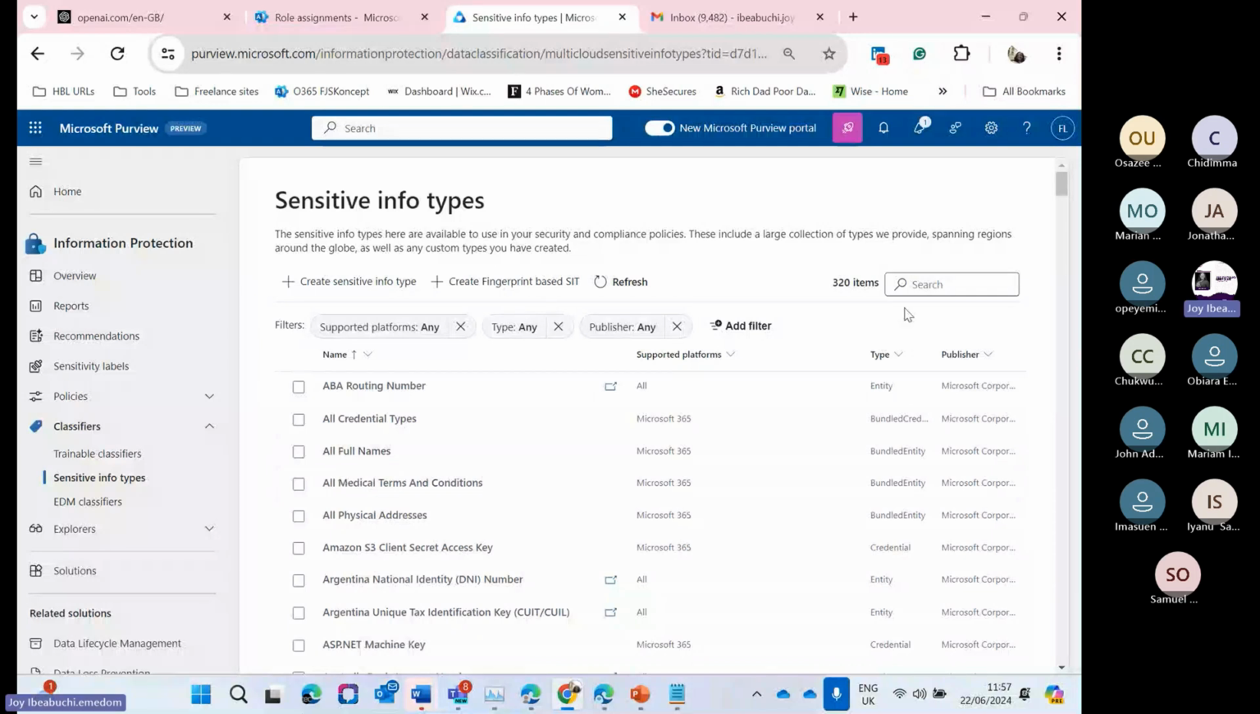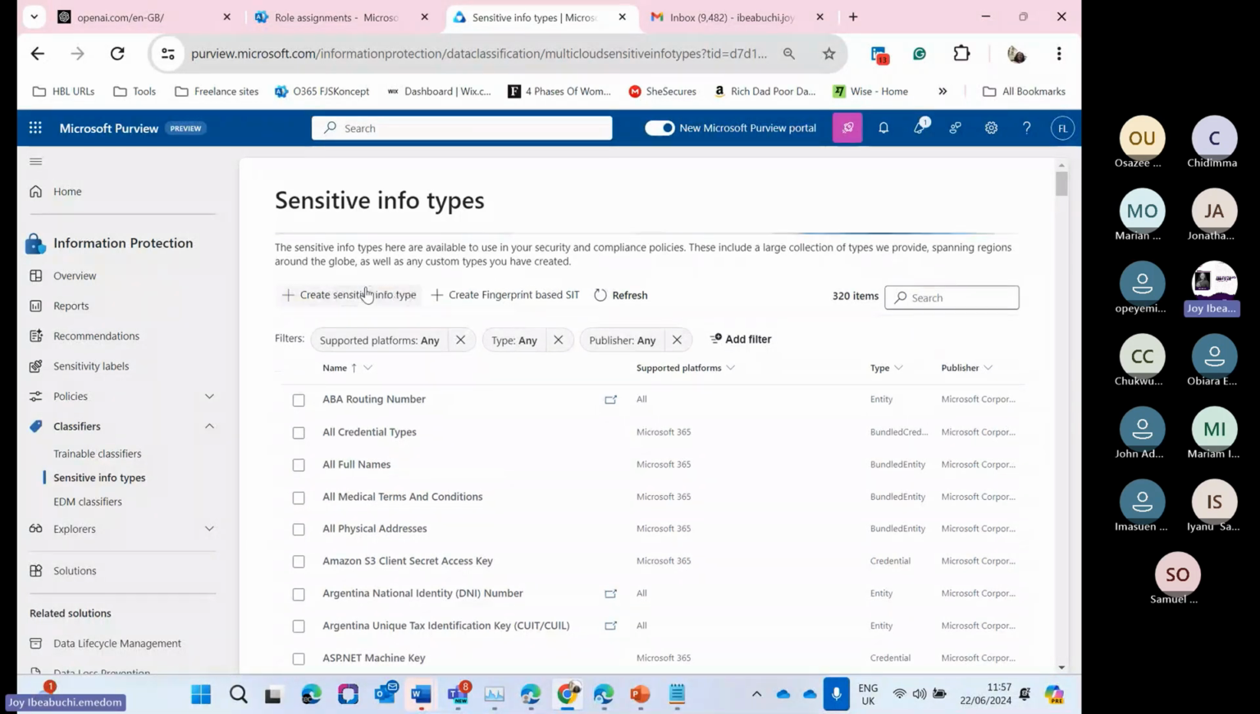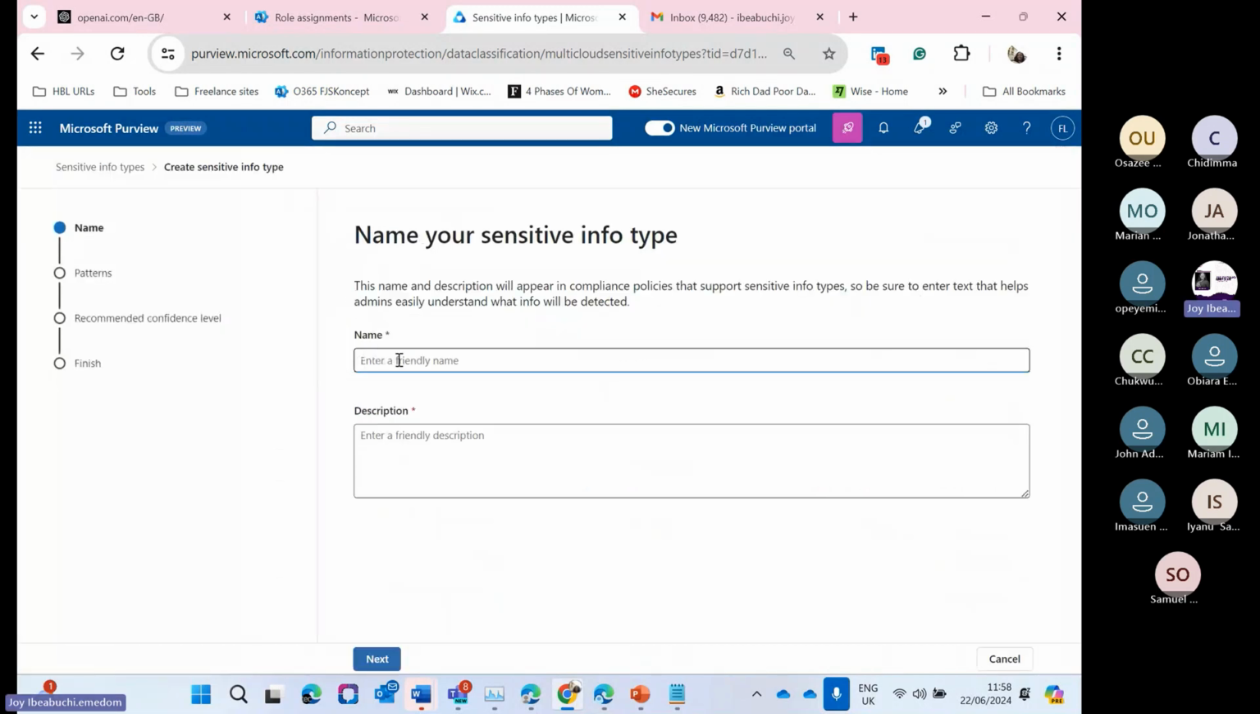Now, for those who didn't stay back, we'll create one more. So let's create one for the driver's license that we talked about during the week. I just want us to create a couple before we move on. So let's say